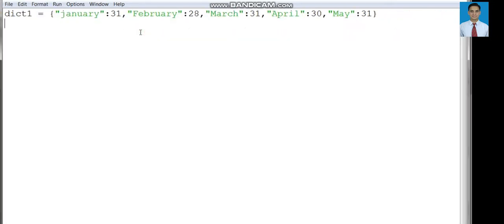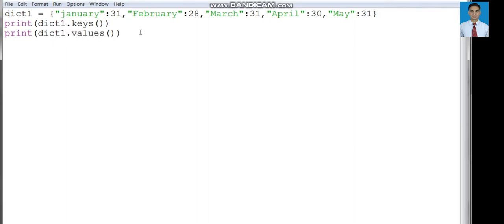Now let us print separate keys and separate values of this dictionary. For that purpose, there is a method, dict1 dot keys. And in the second line, we will print dict1 dot values.